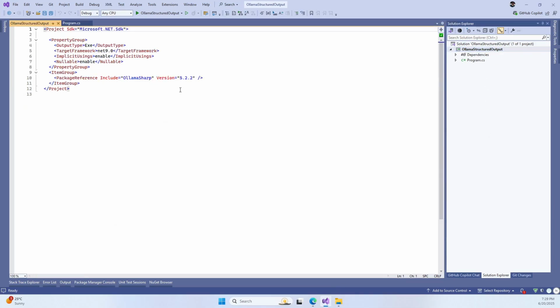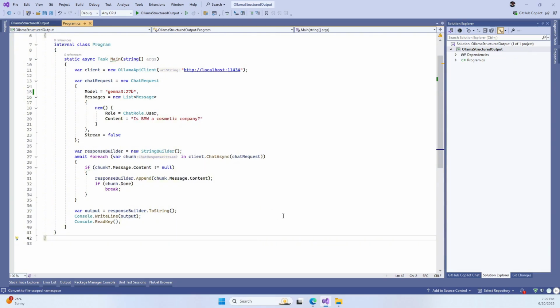First, make sure you have OllamaSharp. We will use this library. And now let's start with the basics. This is very simple code. I just created the Ollama API client and a chat request. I'm using Gemma 3, 27 billion parameters. And my question is